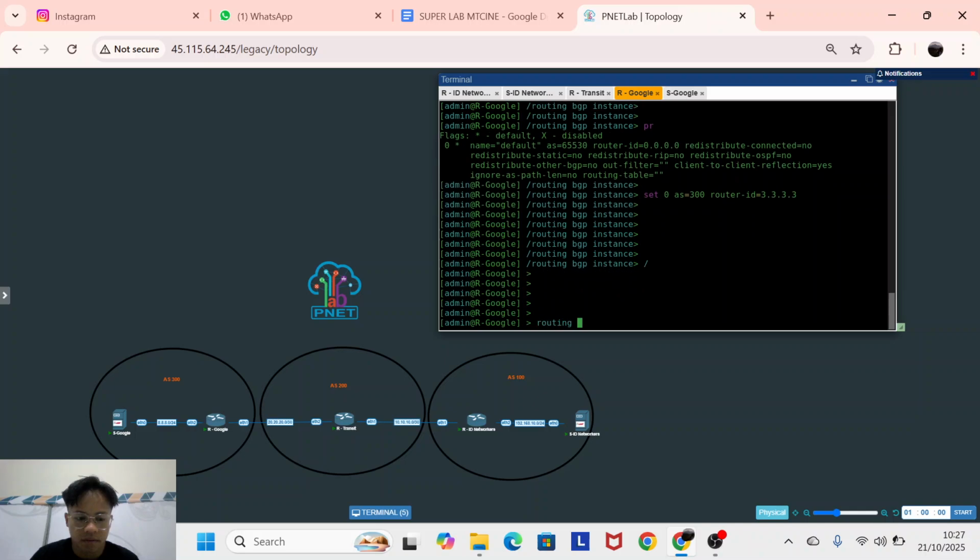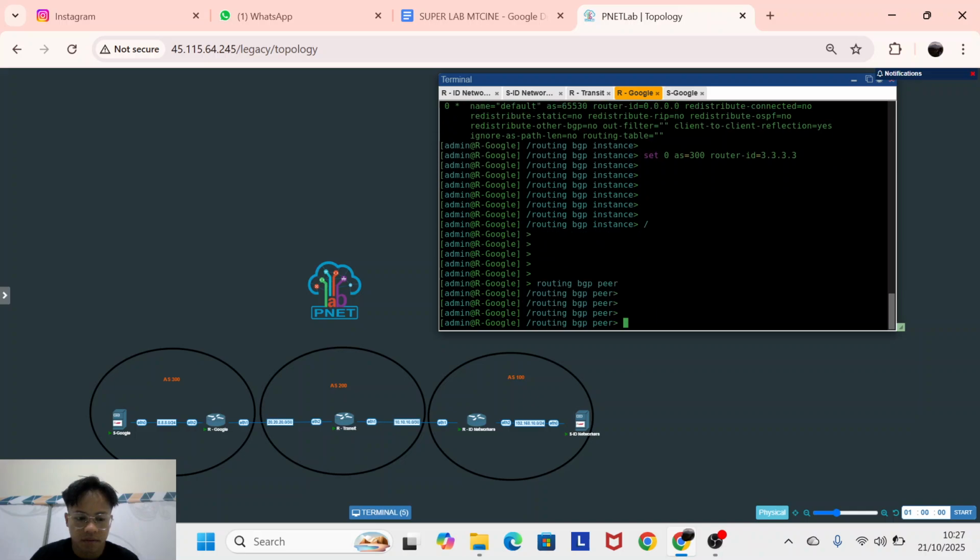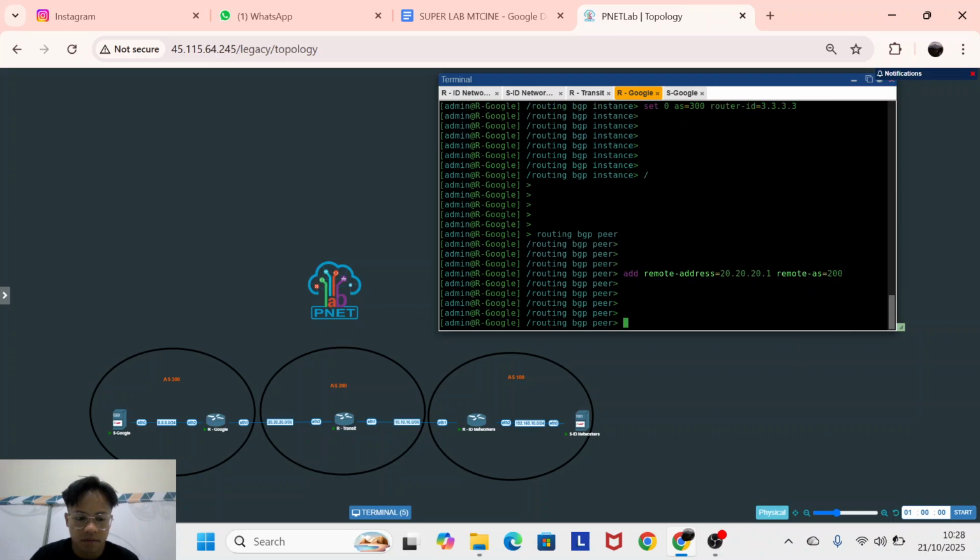You add a peer to your transit, add remote address 20.20.20.1, remote AS is 200, like this.